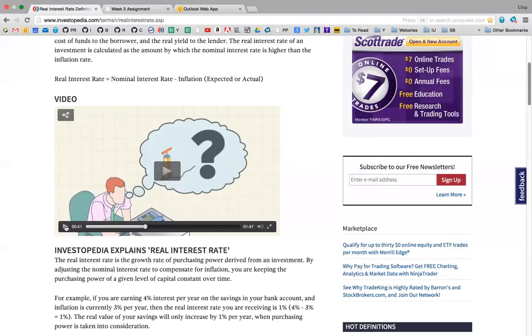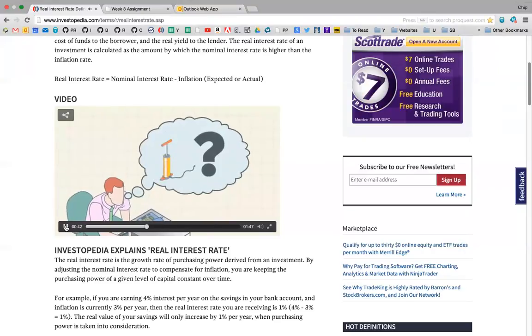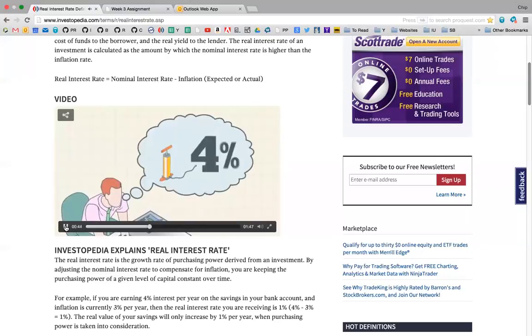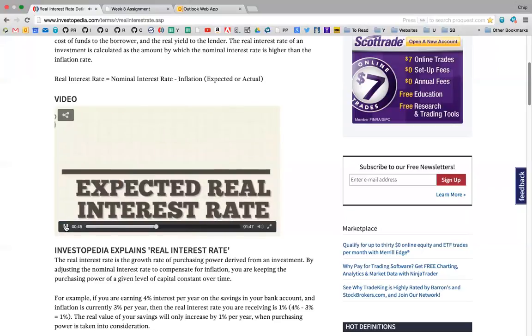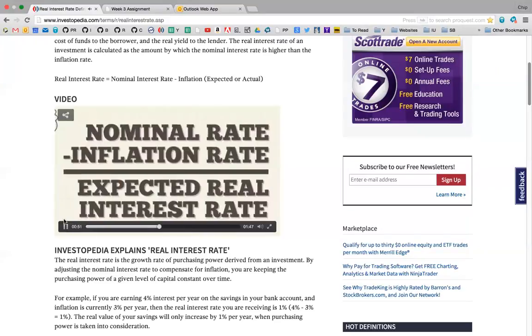The lender doesn't know exactly what the inflation rate will be, but figures that it will be close to 4% over the upcoming year. The expected real interest rate is the nominal rate minus the inflation rate. We're left with a real interest